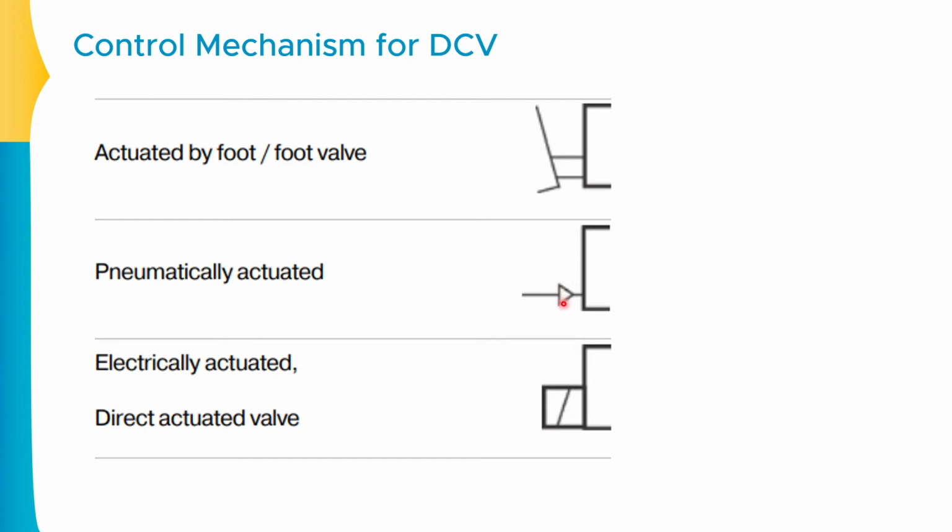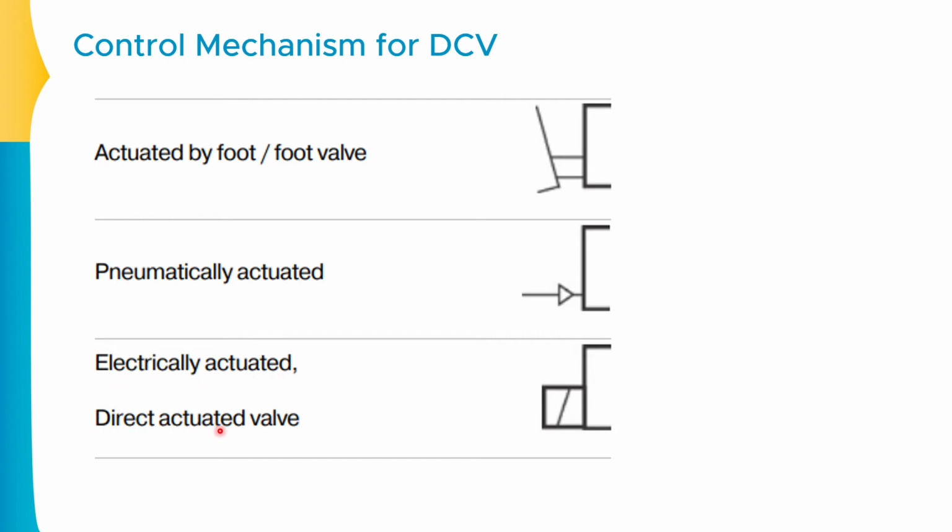That means there is nothing filled inside. So this specific thing shows that this is the pneumatically operated valve. If this is completely filled, it will be the hydraulically actuated valve. As of now, this is not filled, so this is the pneumatically actuated valve. And next, you are observing the electrically actuated valve.